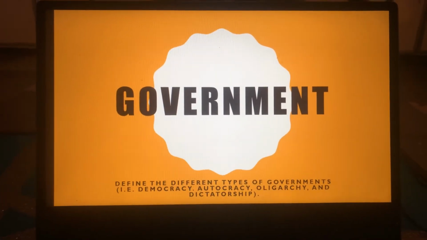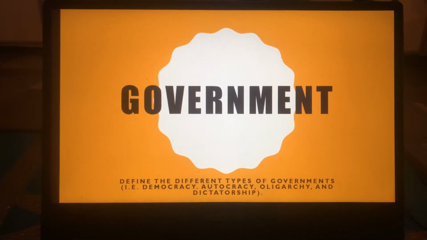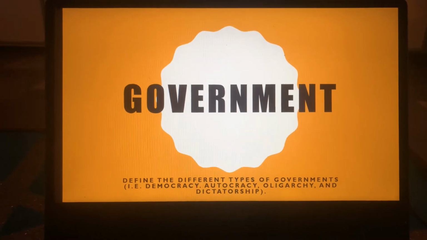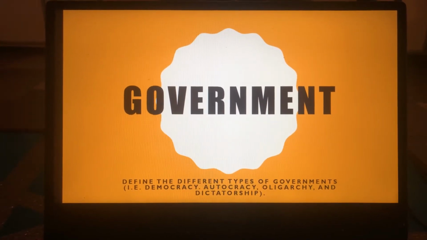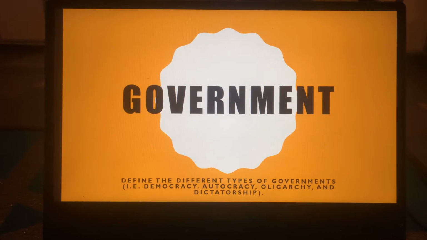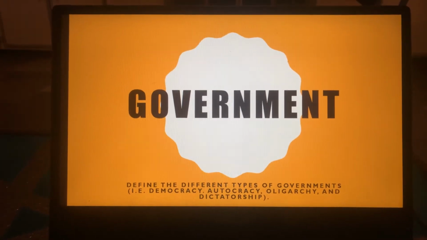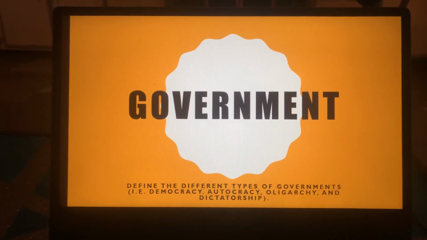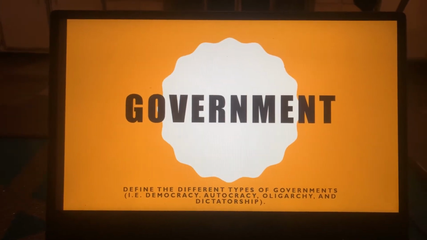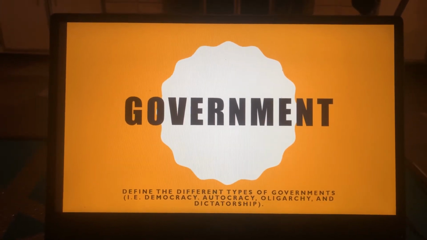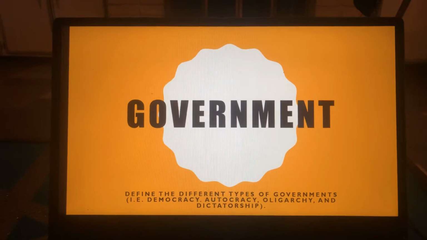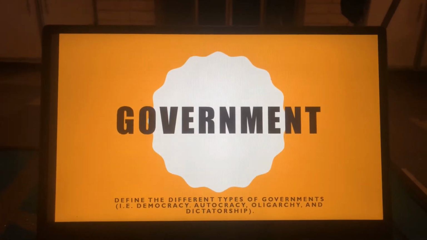Okay, today in class we will be going over government. Our learning objective is for students to be able to define the different types of government. So you will be able to explain why we need governments, what governments are used for, and then you will be able to define different types of governments, i.e.,